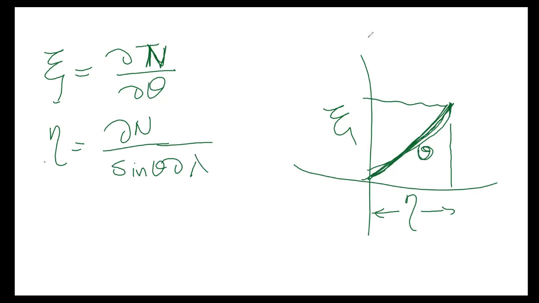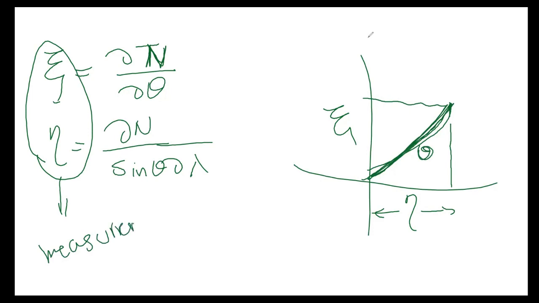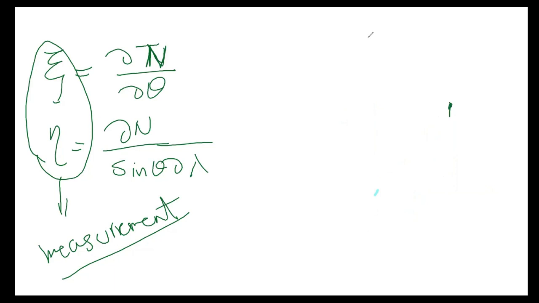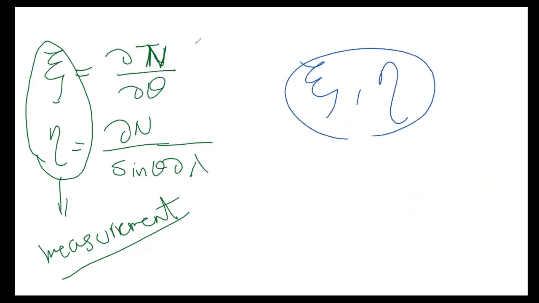So these are the measurements here. The gravity astronomical data are all measurements, and from this astronomical data, our goal is to determine xi and eta, and to come to the geoid height,